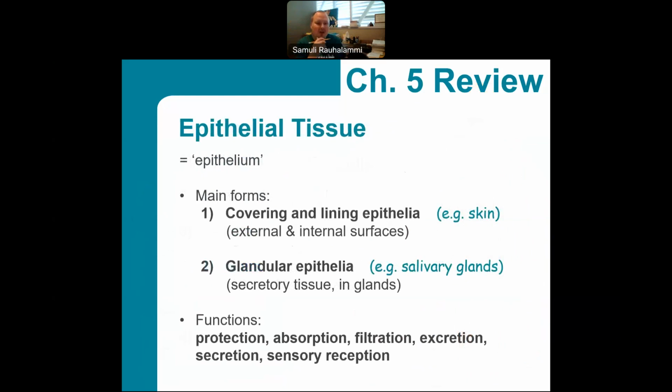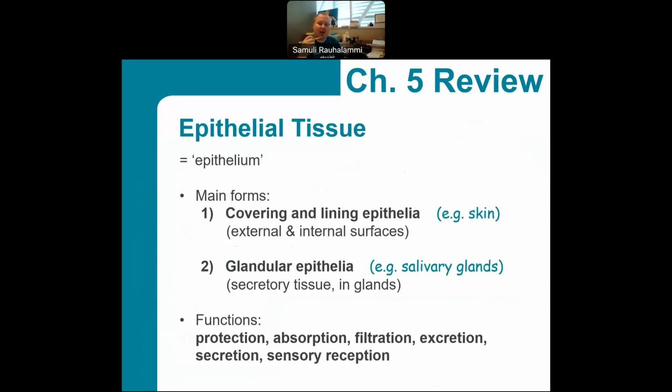Let's dive into each of these main tissue groups in a little bit more detail, and we're going to start by looking at epithelial tissues, the term epithelium that you sometimes see referring to that. There are really two main types of epithelial tissue that we're going to see. We're going to have epithelial tissues that form coverings and linings of the body. Again, skin would be a great example of that. That's an external surface where we find this lining of epithelial tissue, but we have many internal surfaces where we find linings as well.